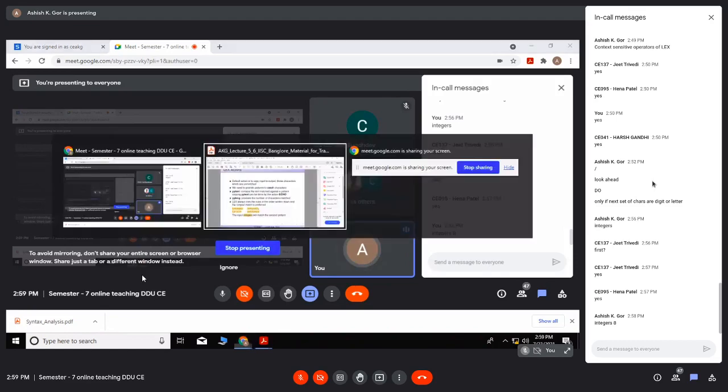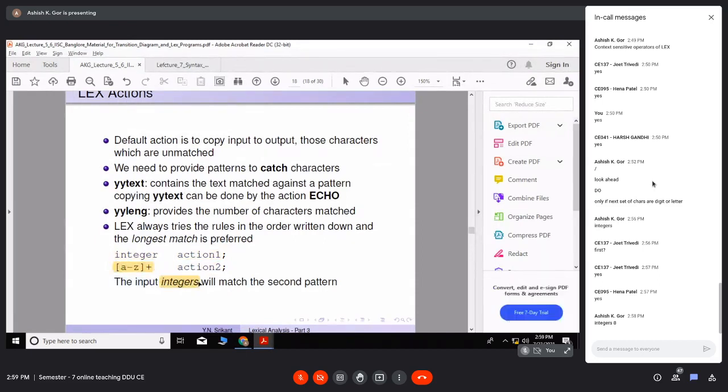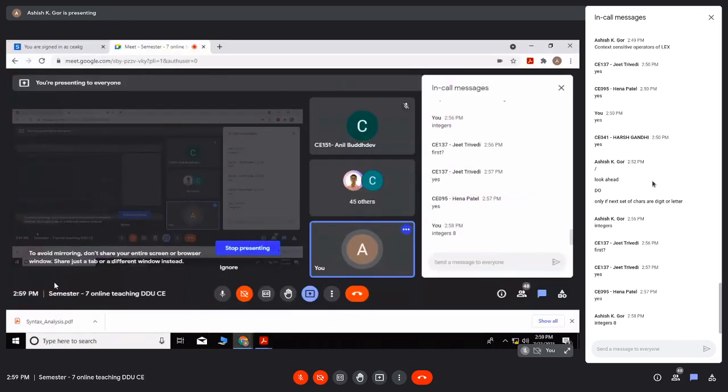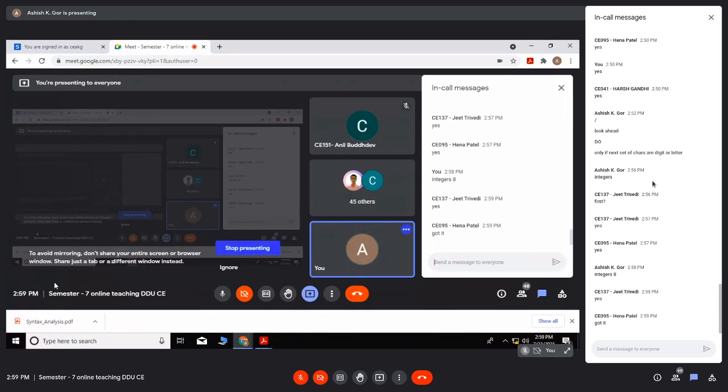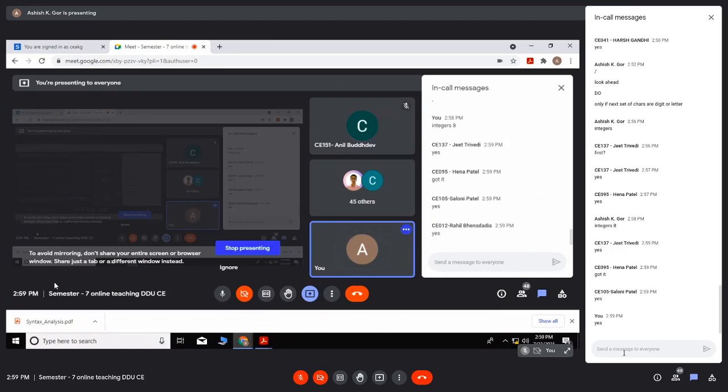So in the case of integers, this is the longest pattern that matches, so it will match the second pattern and execute action 2. Are you getting what I am saying? Jeet, Hannah, okay. Saloni, yes, okay. Rahil, Rahul, if you are there, then yes, okay.